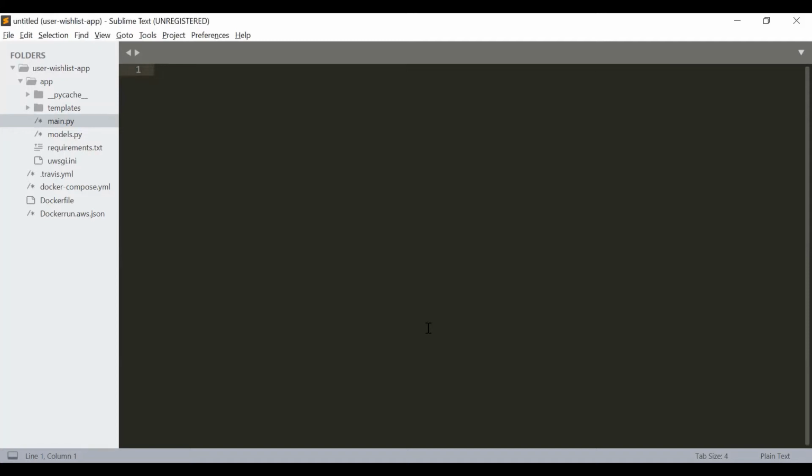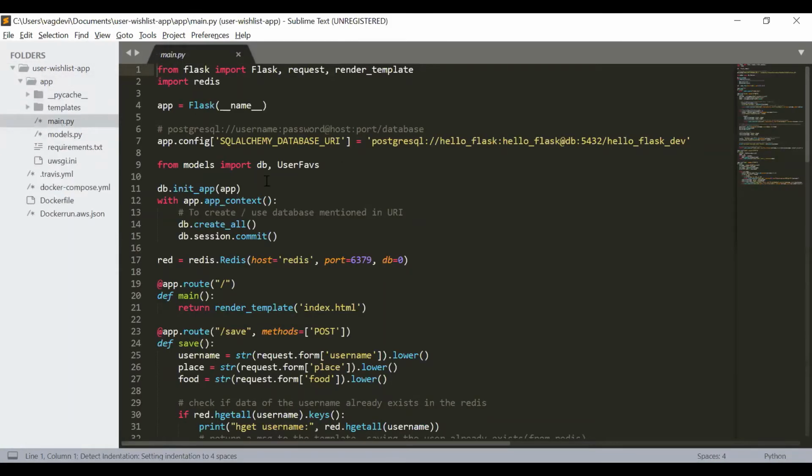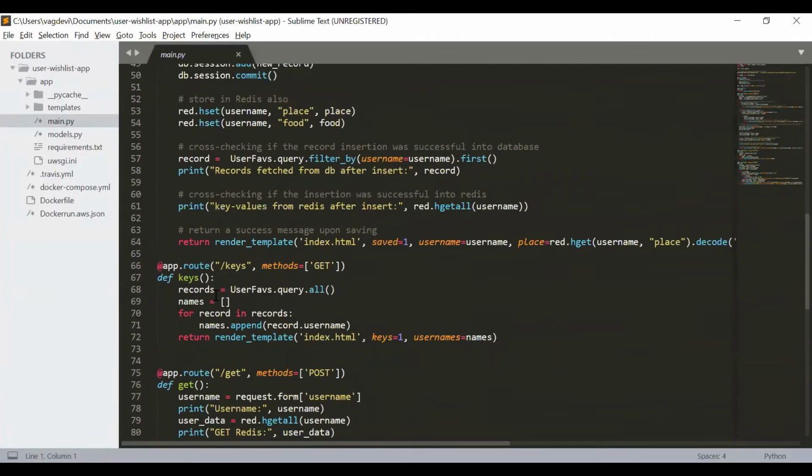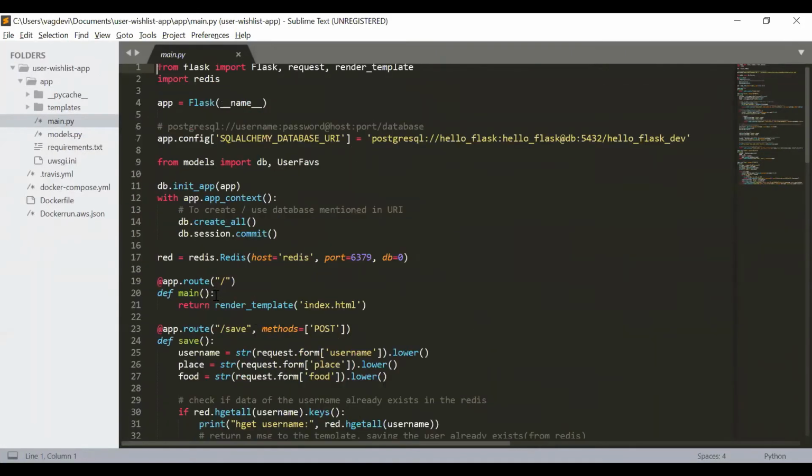Now go to the Sublime Text Editor and open the project which we have cloned right now. In that, under the app folder, open main.py. So we can see that. Just for your revision, in this main.py, we have written all the code related to the user wishlist app,